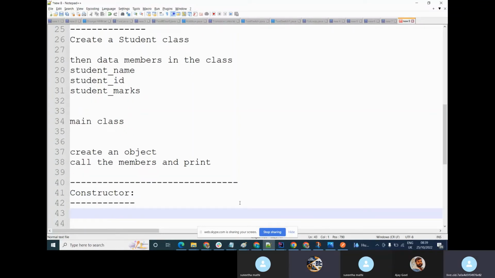Ajay, yeah. What is meant by constructor? Yesterday I gave a brief introduction about the constructor. It is like a method where the name will be given as a class name. We need to use the class name as the name of the constructor. Whatever class we have created, suppose